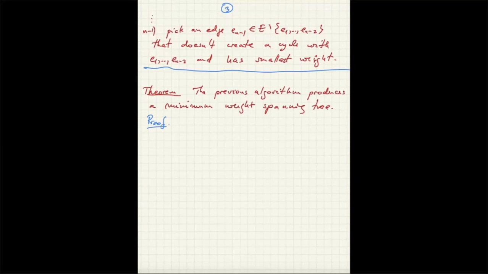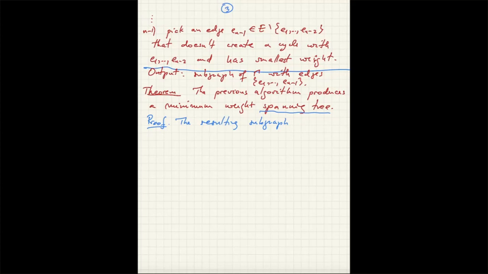Now, one part of this proposition is easy. It's the part about the spanning tree. The resulting subgraph consists of these n-1 edges. In case it's not clear, let's put the output here: subgraph gamma with edges e1 to e n-1. So we just pick the edges, and then we take the whole vertex set. So the resulting subgraph from this algorithm